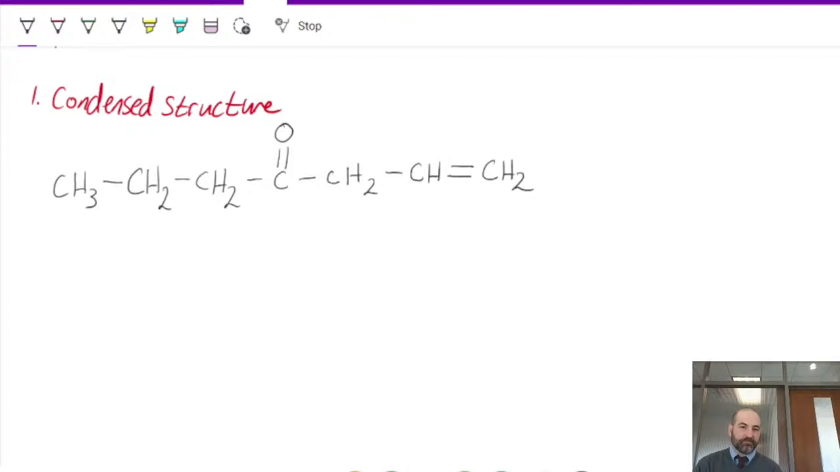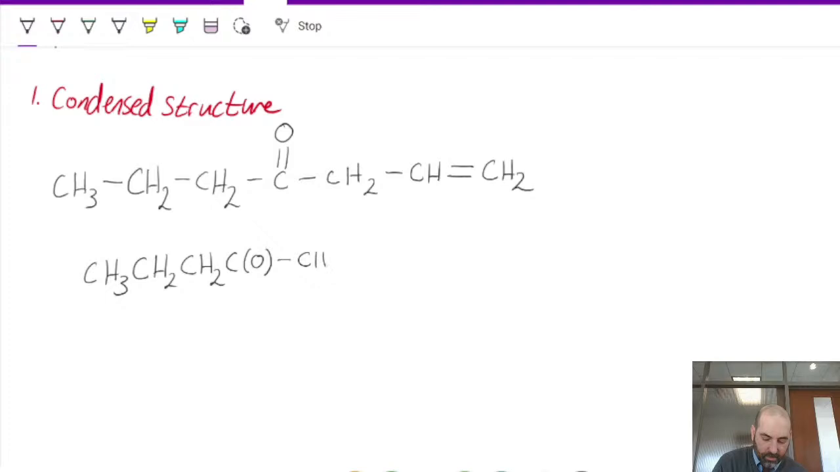show those other things. And when there is something coming off, like this oxygen, we use parentheses. So another way of writing a condensed structure is to go CH3, CH2, CH2, CO. Oops, we wouldn't have that line. And then CH2, CH, CH2. So this would be a lot easier to type on a computer,